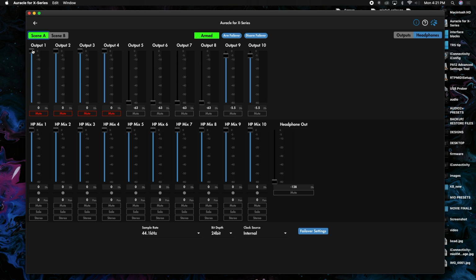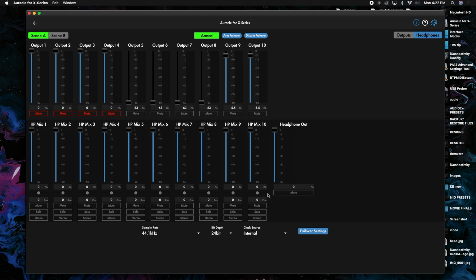So the first thing you'll see is your 10 outputs on the top here, and these are the channel analog outputs on the back of the interface. These are the ones that you're going to be mostly adjusting if you're using the PlayAUDIO12s. You also have a headphone mix down here. You can see there's a headphone out, which is your master headphone out, and then it has a copy of 1 to 10, your analog outputs,